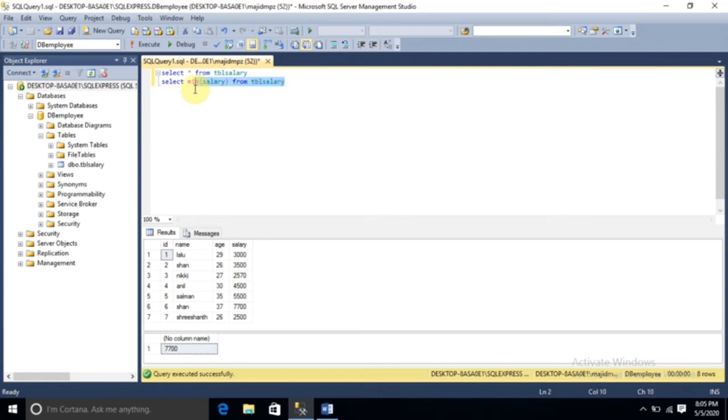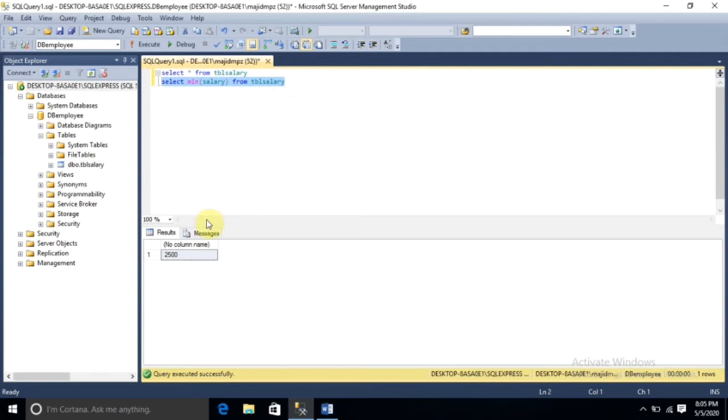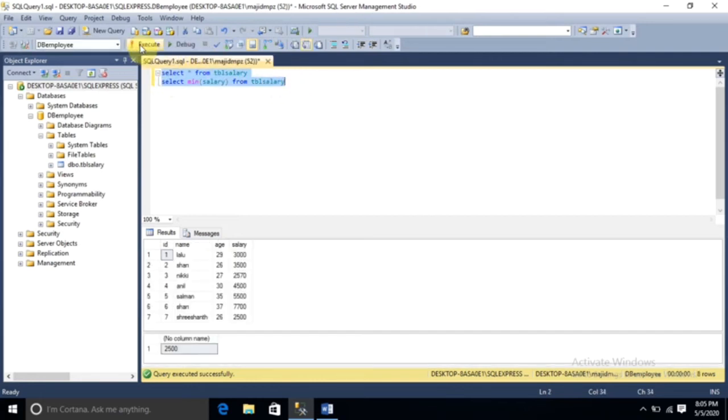Now I am going to execute this query. See guys, now you can see 2500. 2500 is the minimum salary in this table. Now I am going to execute both queries. You can see that 2500 is the minimum salary in this table.